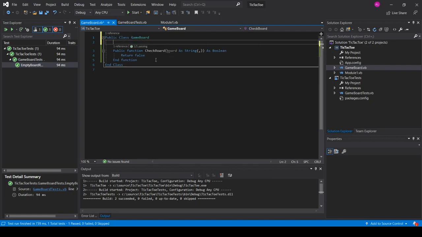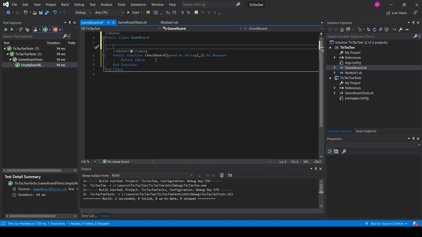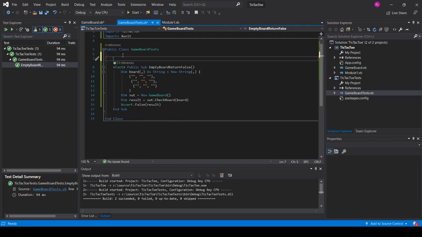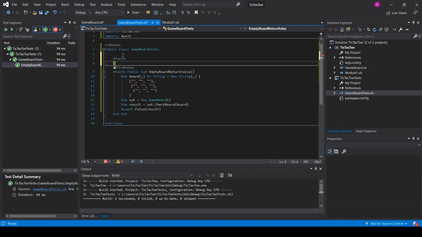So if we do, sorry, I'm in the wrong thing here. So if we do, I'm going to put it at the top here. We're going to do another fact. And we're going to do